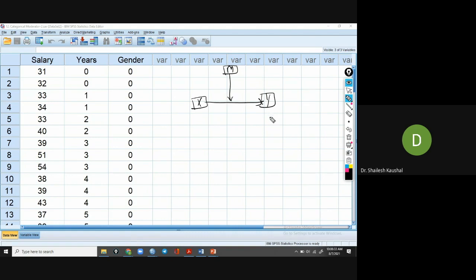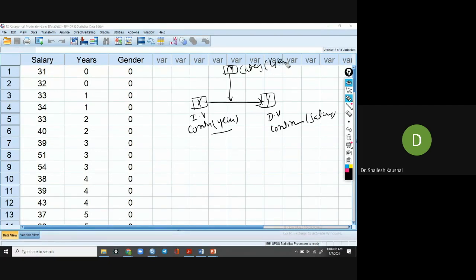Here the DV is continuous, meaning salary, and the IV is continuous, meaning years of experience, and the moderator variable gender is categorical, meaning a nominal scale question.